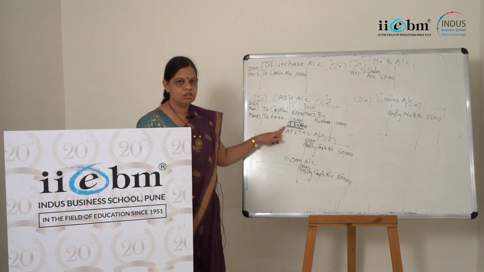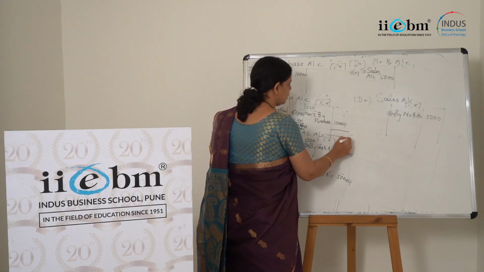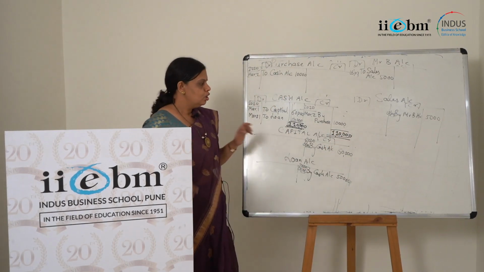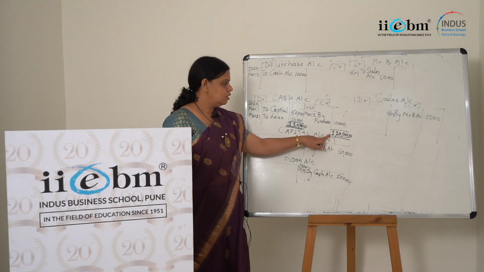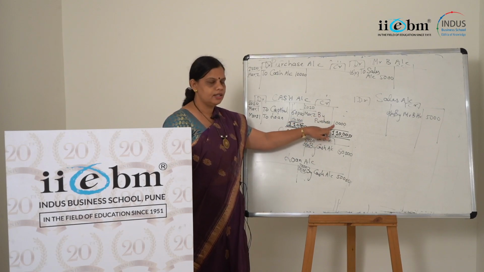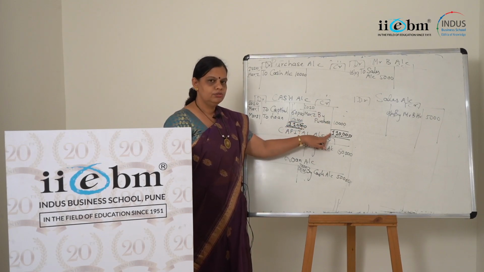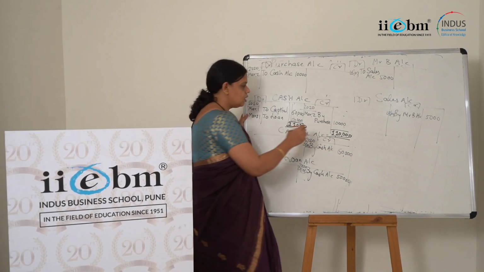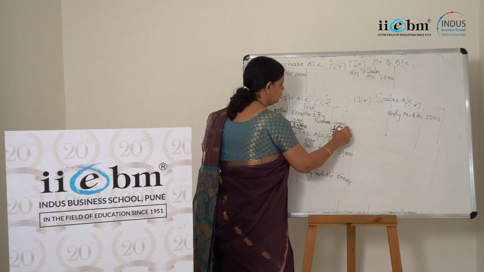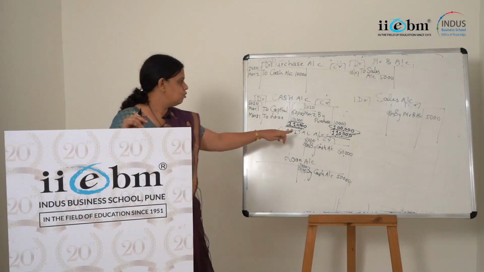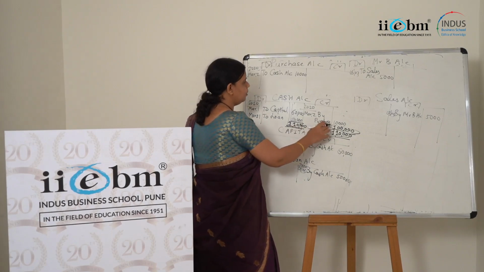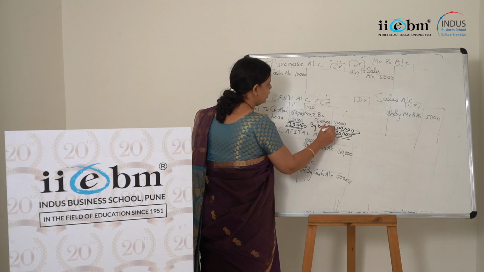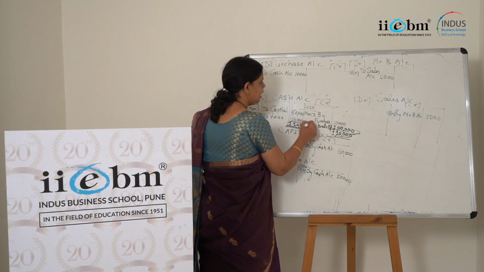So which side is more? Debit side is more. I'll write down this amount as it is on the opposite side. That is 1,10,000. Now the actual total of credit side is 10,000 and the total which is taken from debit side is 110. So 110 minus 10, what is the balancing figure for cash account? 1 lakh. So balancing amount for cash account is coming as 1 lakh. This I can call it as by balance carried down on March 31st.